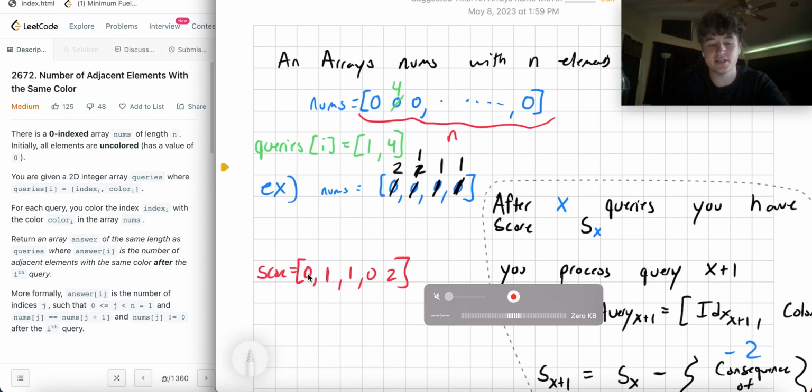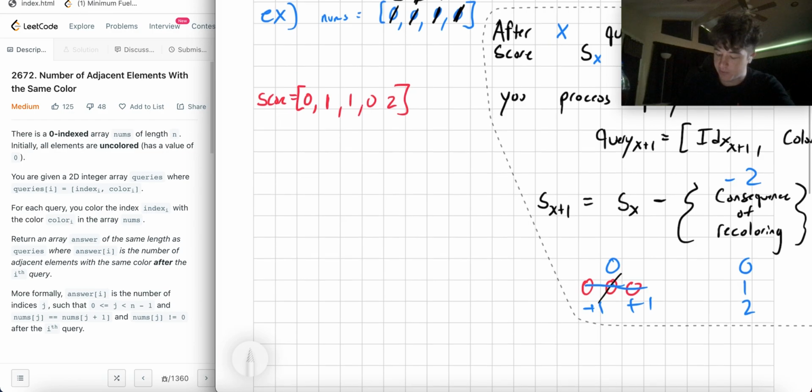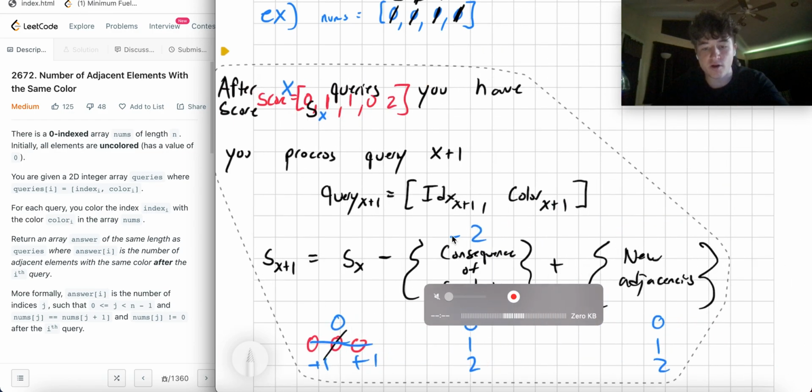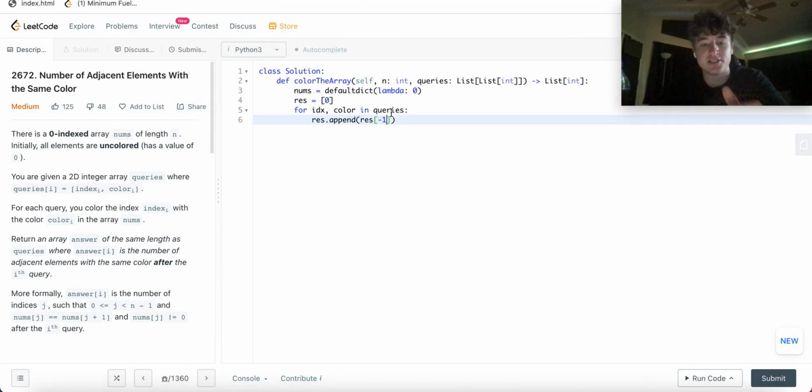So this is res. So the new score is the previous score. So we're just going to use this formula, right? The new score is the previous score. I wish I didn't move this around. The new score is the previous score minus the consequences and the new adjacencies, all right? So let's think about the consequences and the new adjacencies. Okay, so what's the consequences